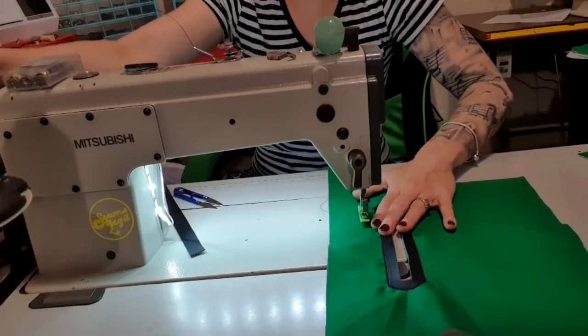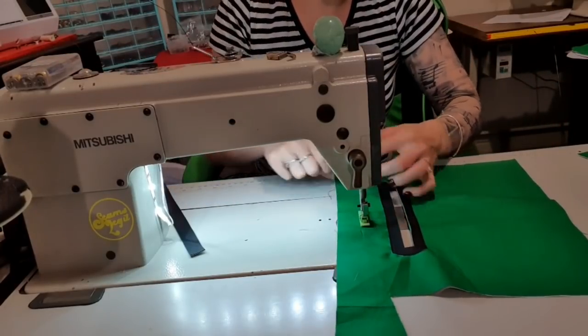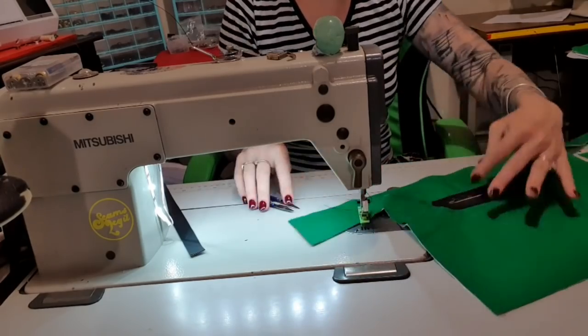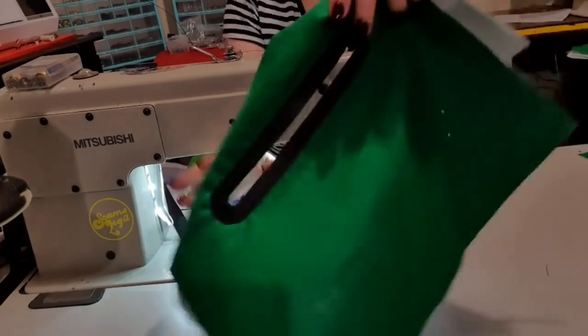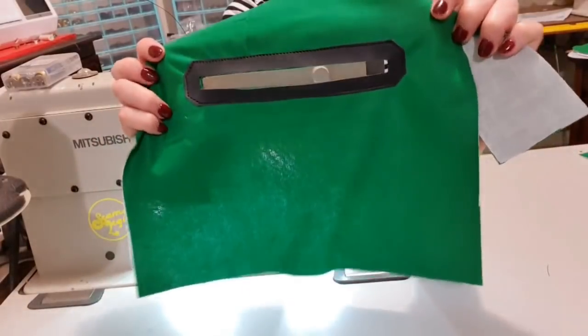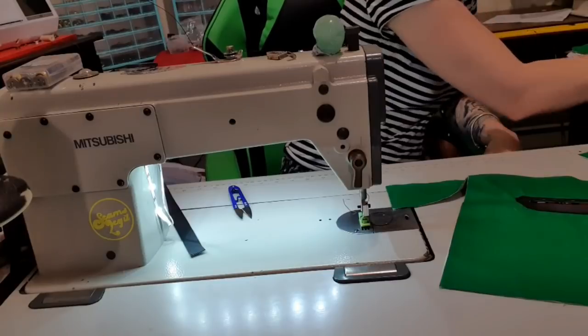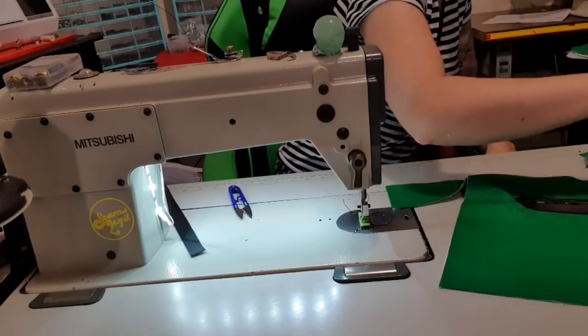If you're new to top stitching, don't go that fast. That would be silly. You're more likely to run off the edge if you do things like that. All right, accent panel on, and I can see through it. So now we want